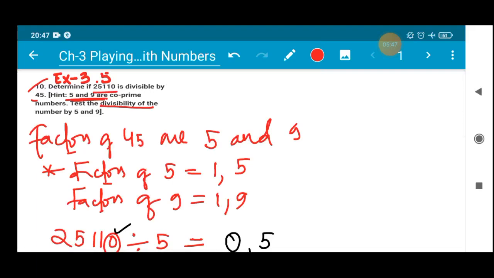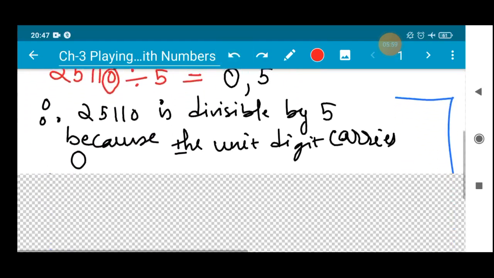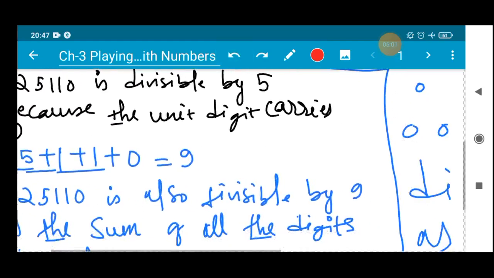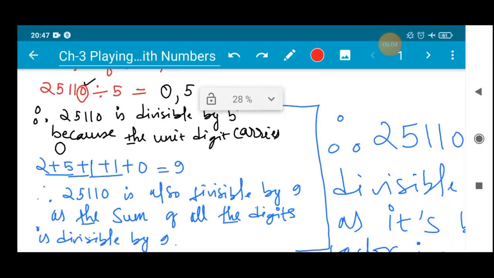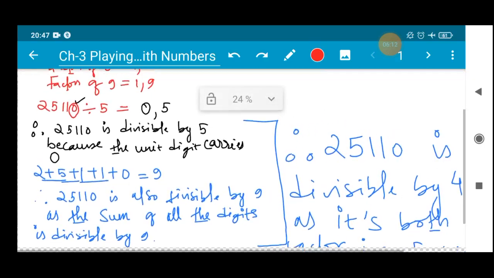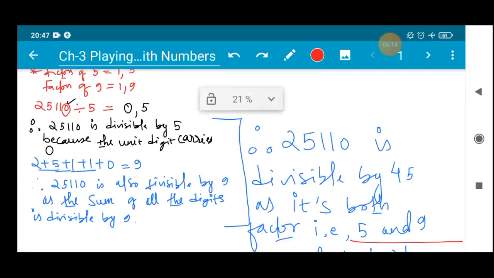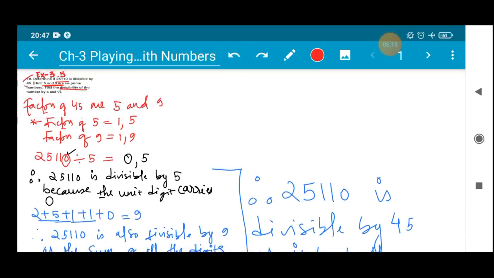In order to check with a greater number, we can break this number down into its prime factors, that is 5 and 9 here. Then we check one by one: if anyone was not able to divide using its divisibility rule, that is with the smaller number, then the number would not be divisible by that bigger number either. Okay, in such a manner we will be doing.